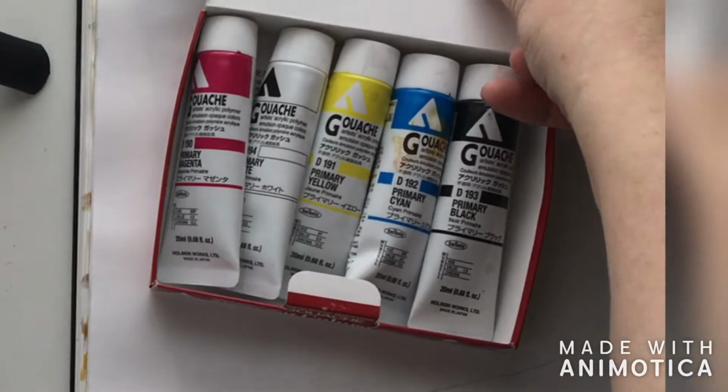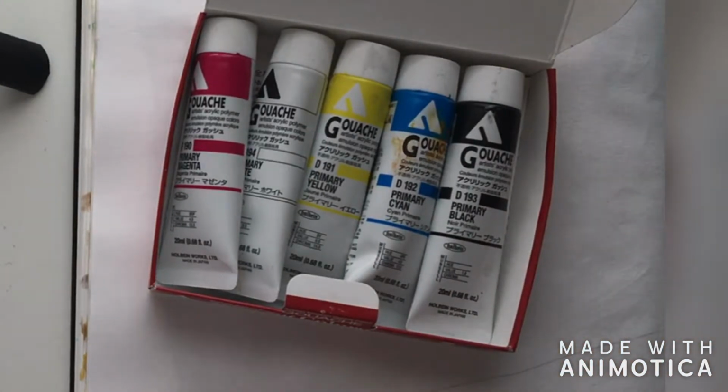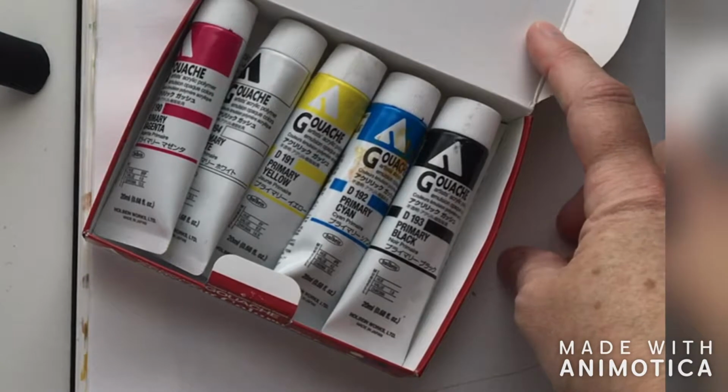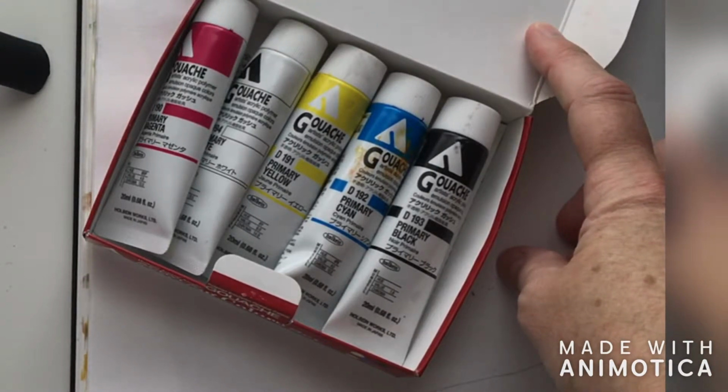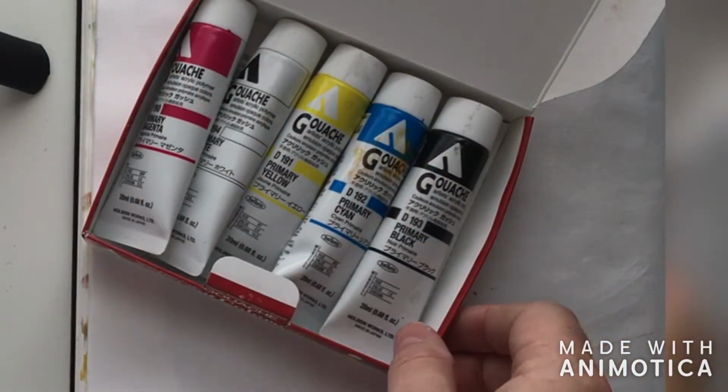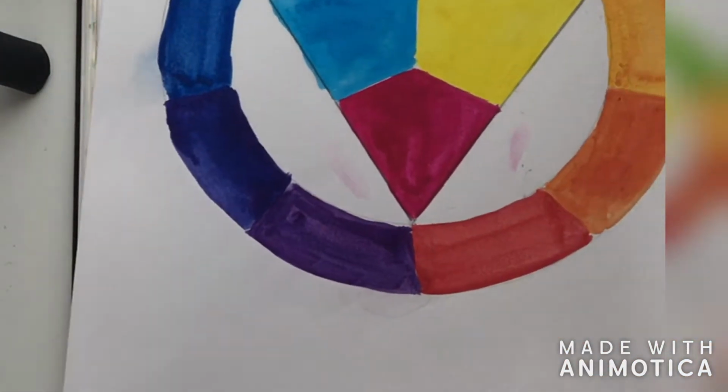So I bought the primary colour set. The 3 primary colours, a white and a black, which I thought was quite a decent starting point. I didn't want every colour under the sun, couldn't afford it, but with this set I can get pretty much any colour I want. So the first thing I did when I got it was I made myself a colour wheel,